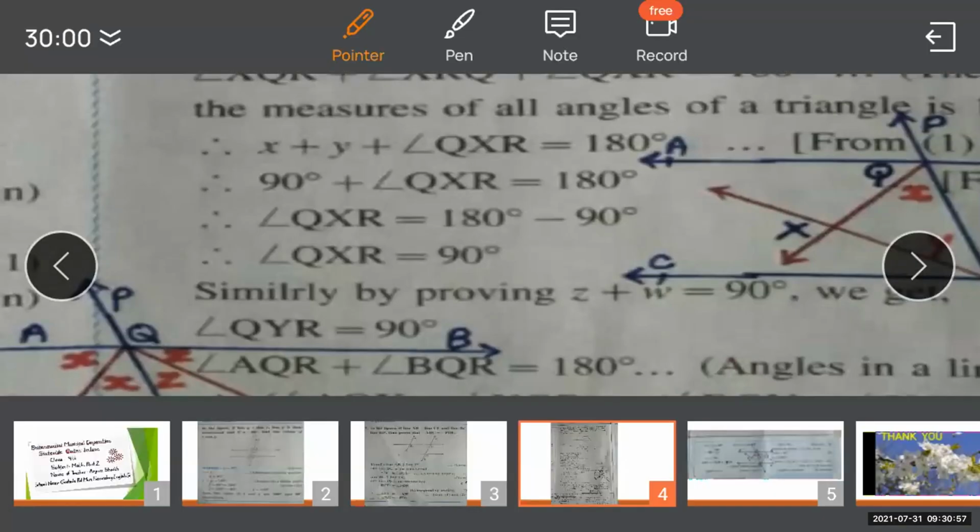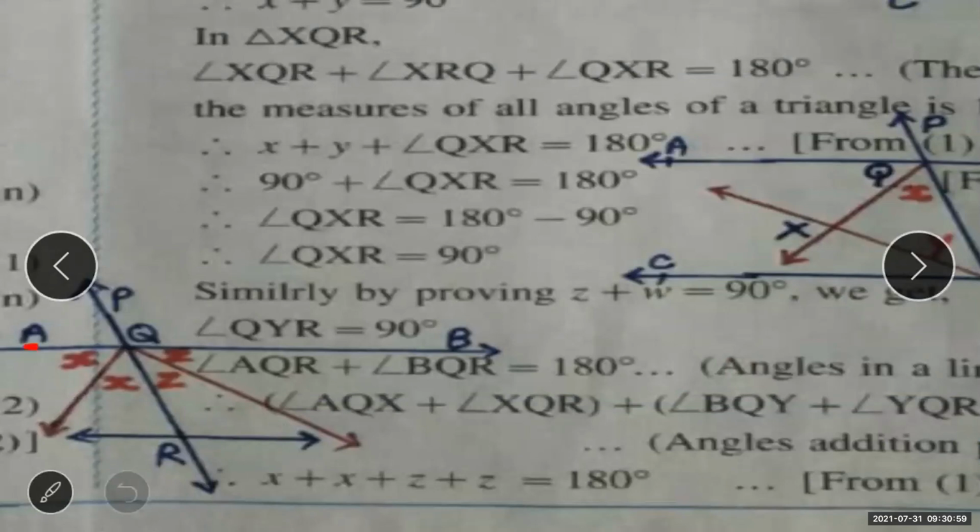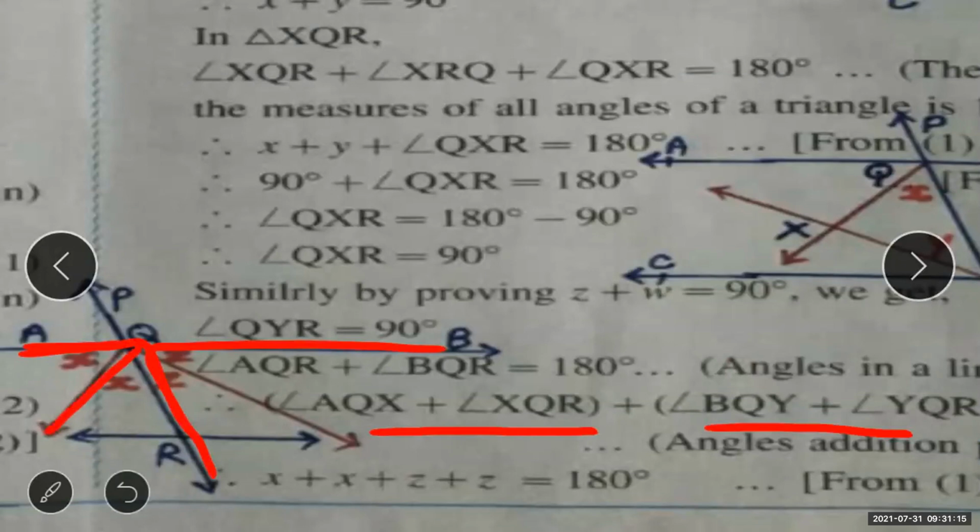So here, what I told is that these two angles, AQR and BQR, are the angles in linear pair. So we write the pair of two equally measured angles here. Okay, this half that is divided, this angle and this one more angle with measurement x. This pair we have divided and written here. Then for this BQR, also these are the two angles formed due to the given ray. Okay, now put the value for each one.